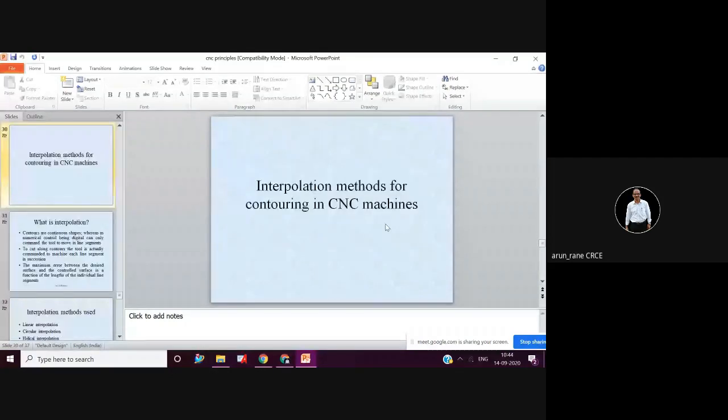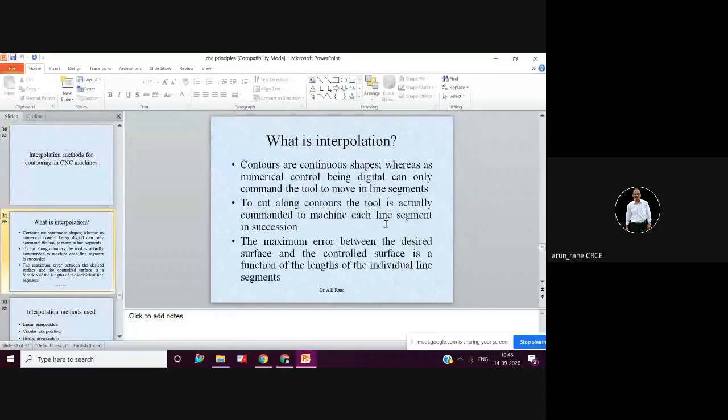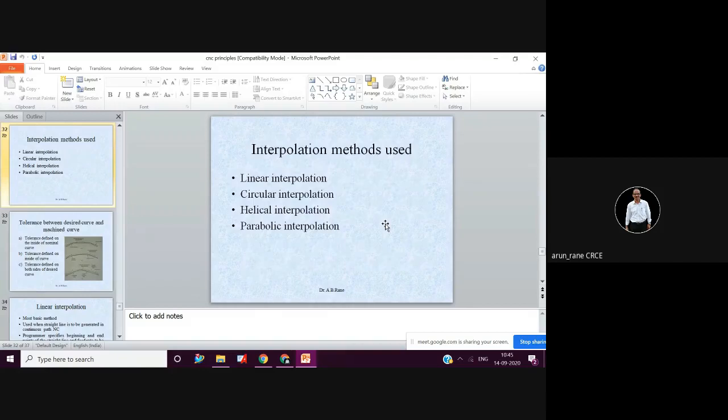What are the interpolation methods? Interpolation means we are machining contours, and the contours can be along a straight line or along arcs. Basically, there are four types of interpolation methods: linear interpolation, circular interpolation, helical, and parabolic.